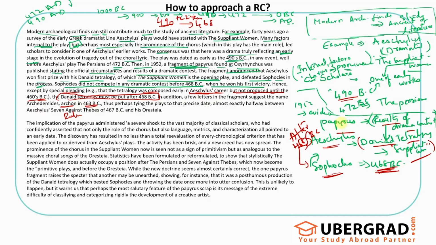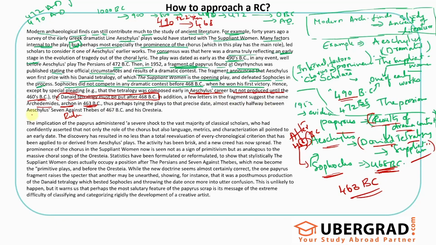Which means that this competition, the results declaration, must have happened close to that era, because the papyrus that was found was talking about the results, and somewhere in the same papyrus they are also talking about this leader who was ruling in 463 BC. This means that this entire results and competition must have happened somewhere in 463 BC, maybe closer to that. Thus, perhaps tying the play to the precise date almost exactly